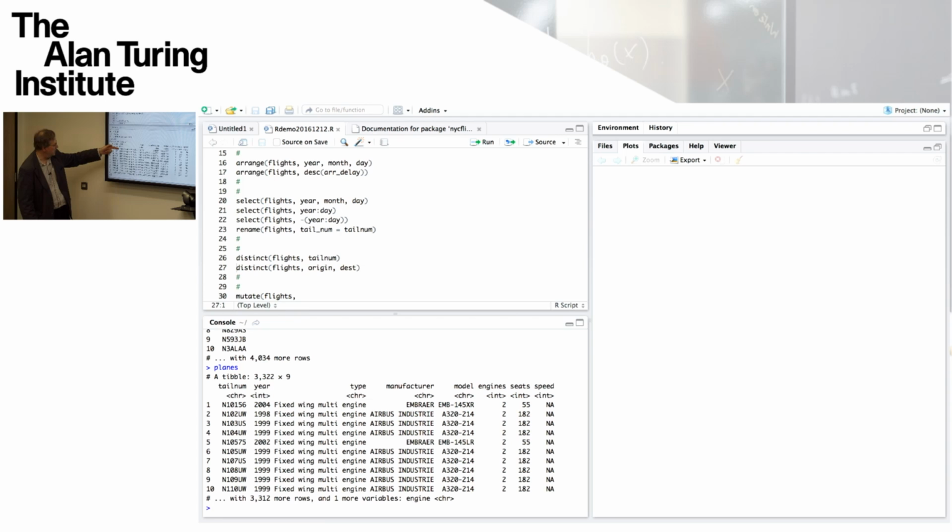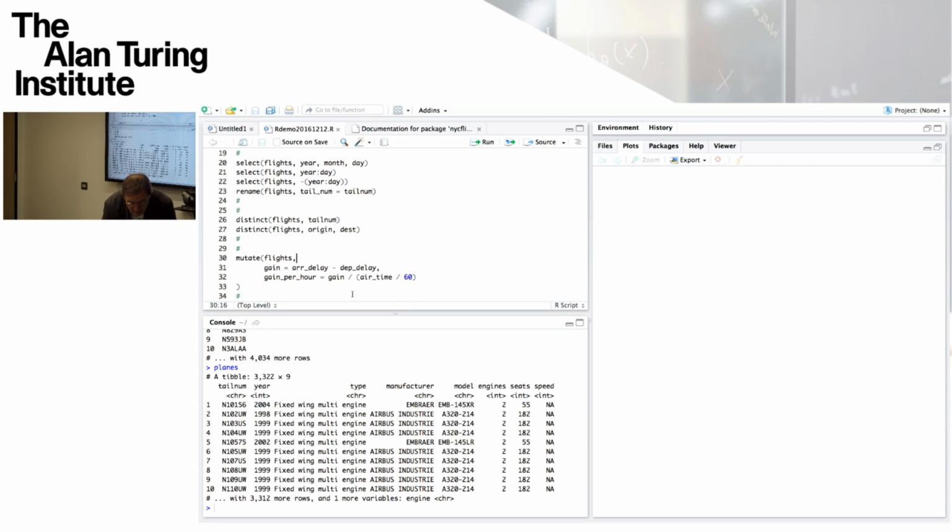And then there's the year, presumably when it entered into flying, and then it's the type, the manufacturer, the model of plane, the number of engines, the number of seats, and the speed. Sometimes it's not available, so it's NA. And there's one more variable, which is the engine type there. So you can drill down into looking in detail at what types of flights are flown in what type of places.